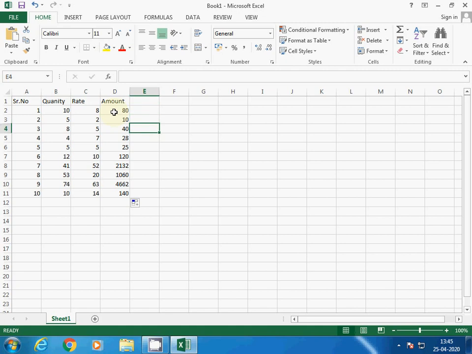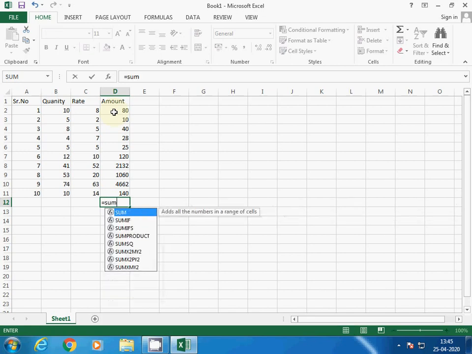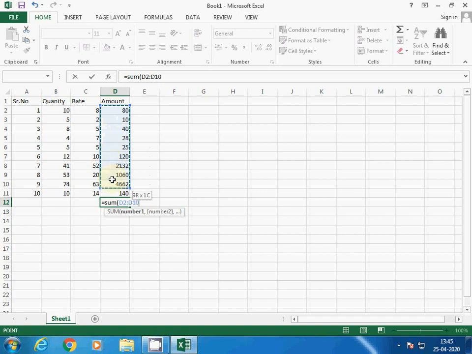Now when you use a range, it comes in this way. Suppose I want to total the bill amount. So equal to SUM. Sum requires a range. To select a range, just choose the first cell and then drag up to the last cell.